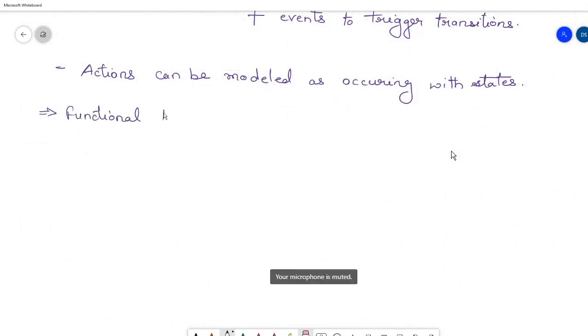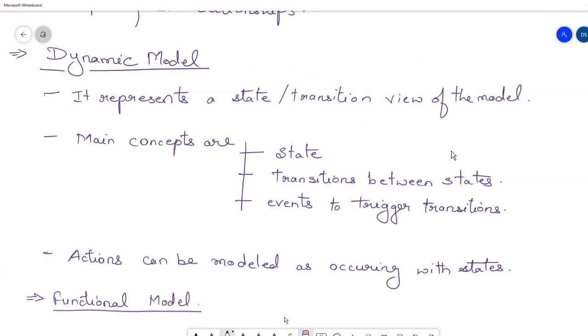Ma'am, could you explain the example once more? Once more. Okay. देखो, as we are talking about the dynamic model, in dynamic model we represent the state and